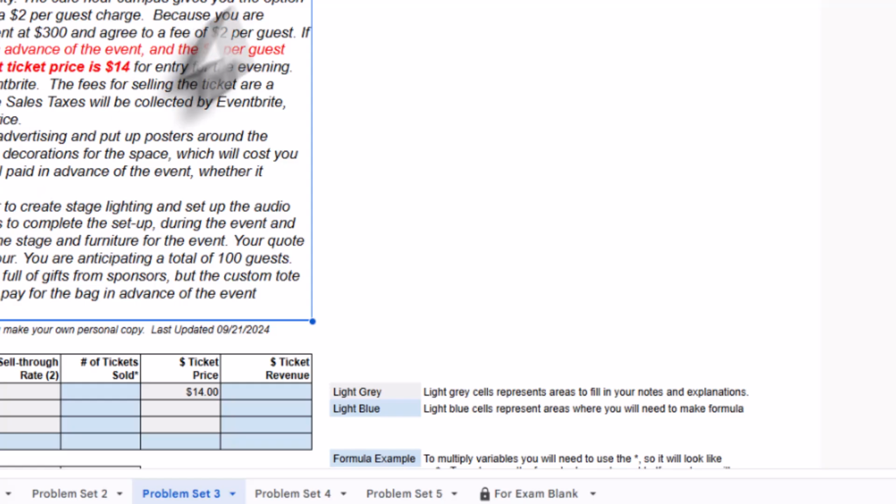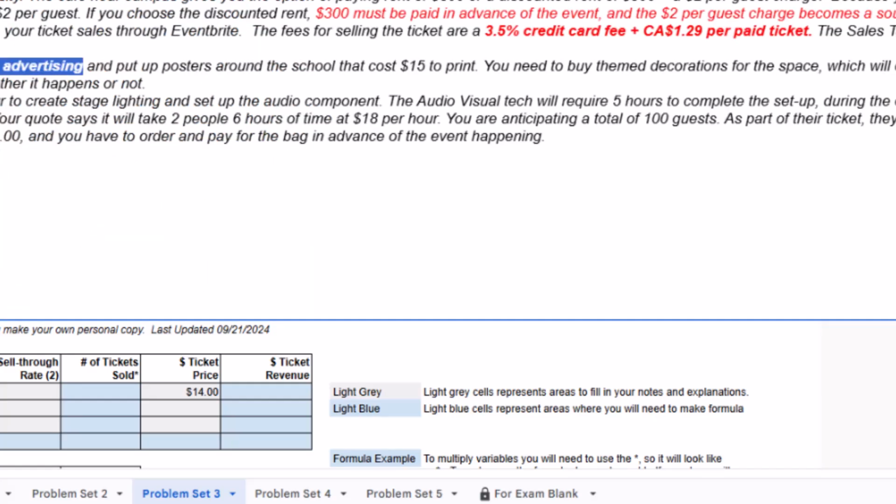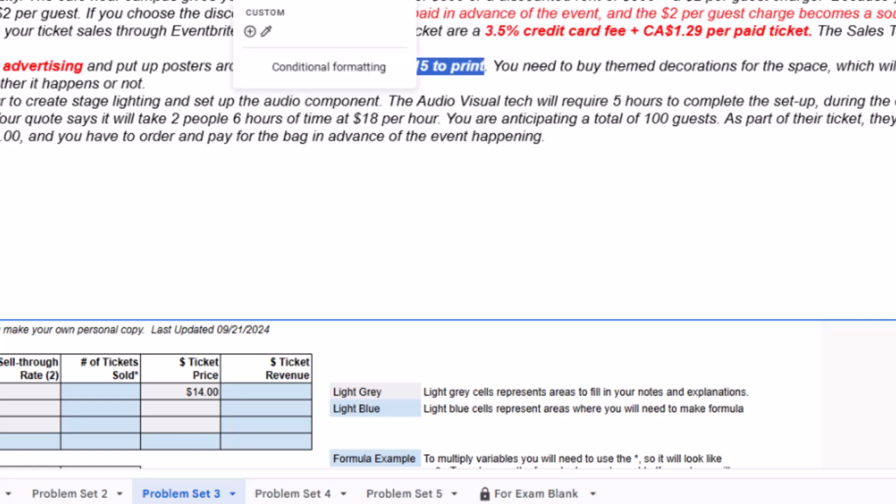To build anticipation for the event, you spend $50 on advertising. Okay, I'm going to bold and red that. I print posters for $15. I'm going to bold and red that. And you need to buy theme decorations that will cost you $100. Bold that, red that. The advertising, posters, and decorations are all paid in advance, whether the event happens or not. So that tells me that they are all